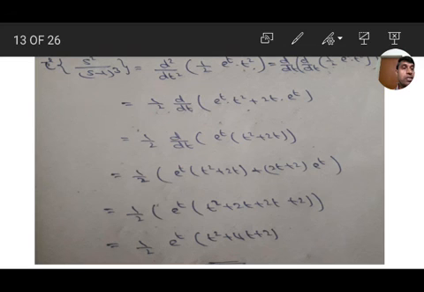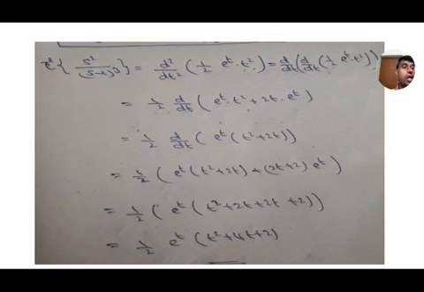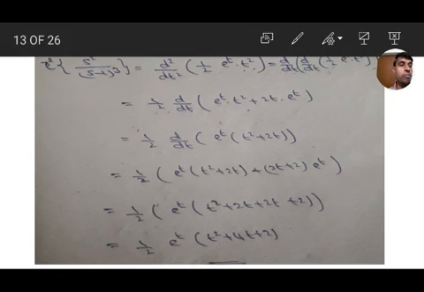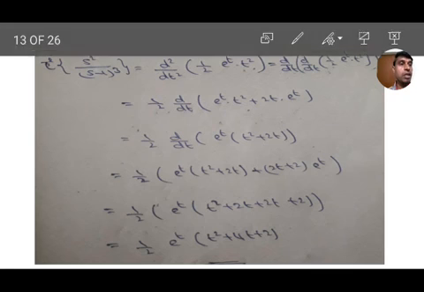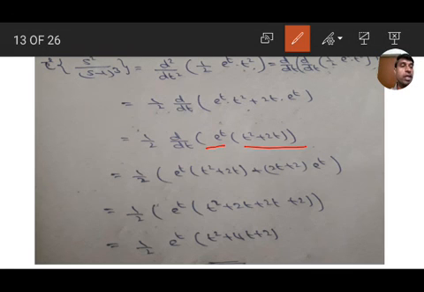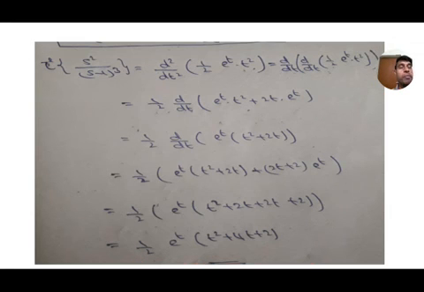Okay, e to the power of t is the u and t square is the v, so u dash v plus v dash u. Again, e to the power of t is common, and again it is u and it is v. Again u into v, and on simplification we get 1 by 2 into e to the power of t into (t square plus 4t plus 2). Okay, that is the problem. Next, we will move to the next topic.